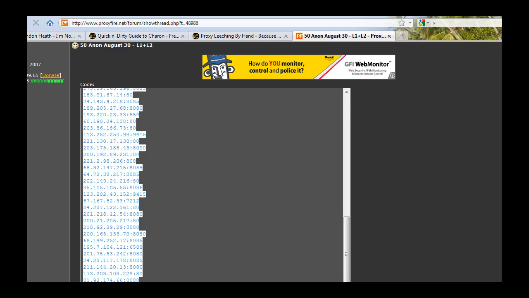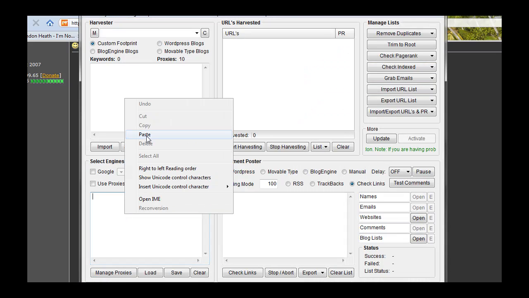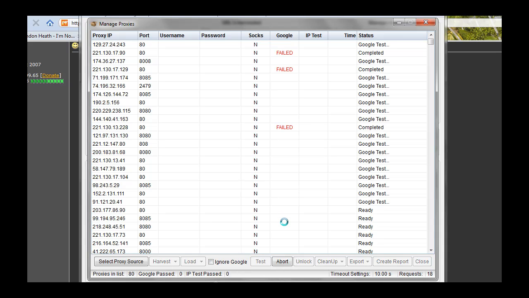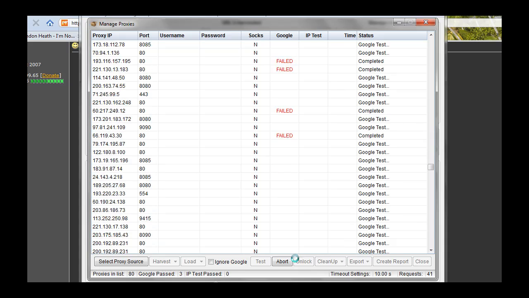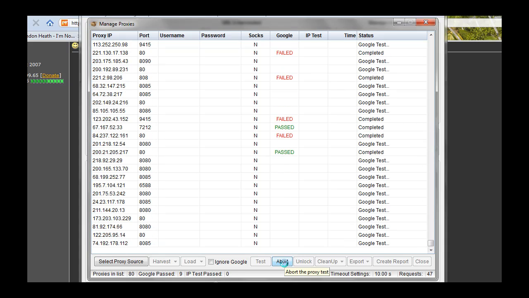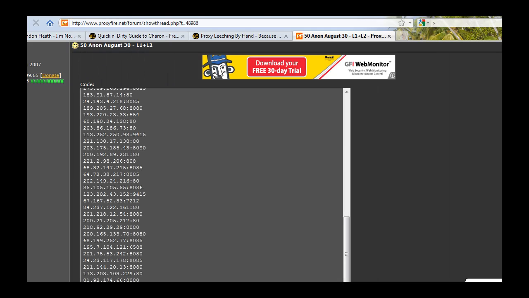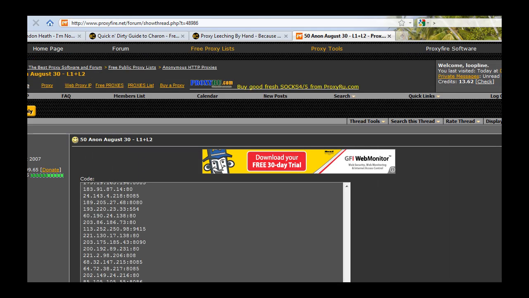Just copy, and then go right back over here to Scrapebox, paste them in, and then just hit manage proxies, and then you can test them. There's 80 in here, hit test, and away it runs off with them. So these proxies aren't necessarily ones that are going to be used as much for Scrapebox. Sure, they're going to get used, but some people will use them for mailing, some people use them for Craigslist, some people use them for all kinds of things.